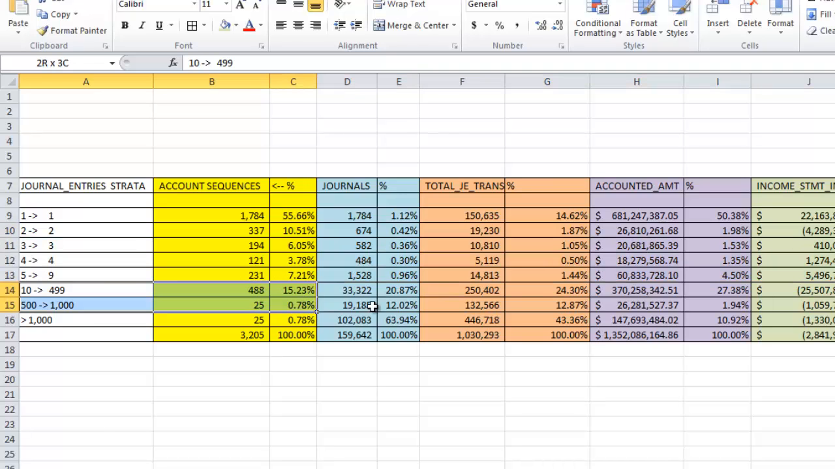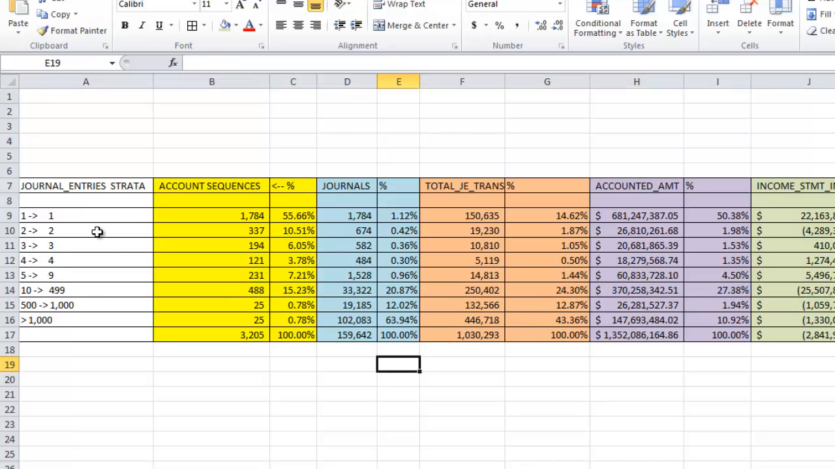And then, taking a look at the 10 to 500 in this case, I probably would spend a little bit more time in here, identifying some journal entries. Again, there are about 33,000 journal entries to look at in this band, but they only come down to 488 account sequences, and you might want to look for the ones that are large or have a large income statement